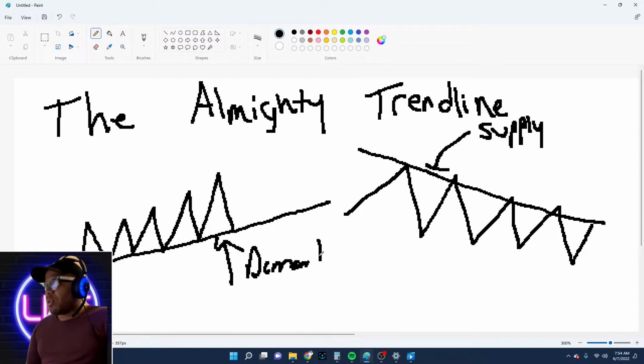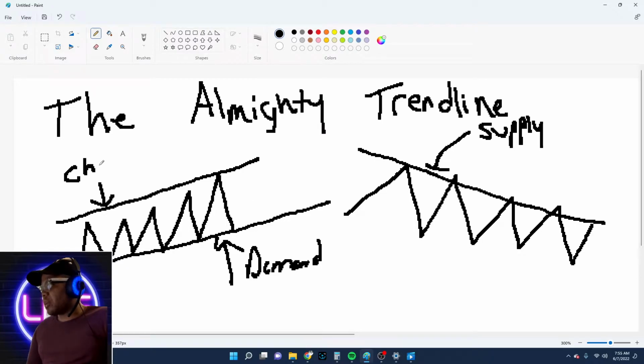Okay, so if this is the trend line, then what's this at the top? What is this line at the top? Well, you notice that if you draw another line at the top, you can form a channel around price. This line at the top of an upward trend is called a channel line. Okay, most of you call it an upward trend line, and I wouldn't call it that, because this is your upward trend line here. This is your channel line that matches that.